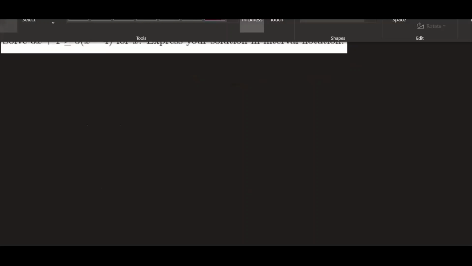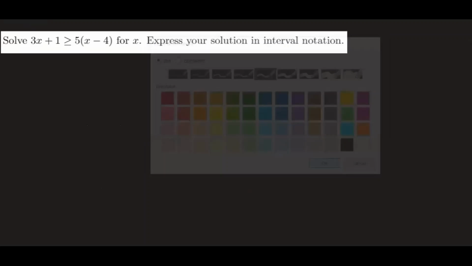So again, we want to solve for x and then express the solution in interval notation, and we'll graph it. So let's start isolating x, but before we do that, we're going to expand the right side by distributing 5 to both terms. So we have 3x plus 1 on the left greater than or equal to 5x minus 20. And then now I'm going to start isolating x. I'm going to subtract 5x on both sides,